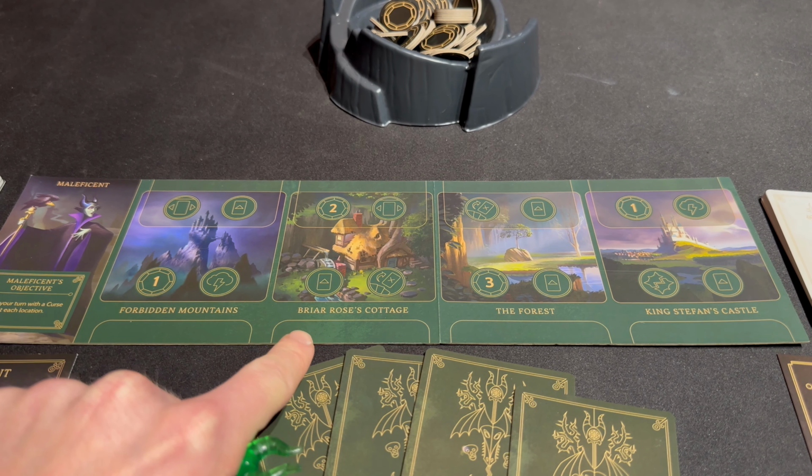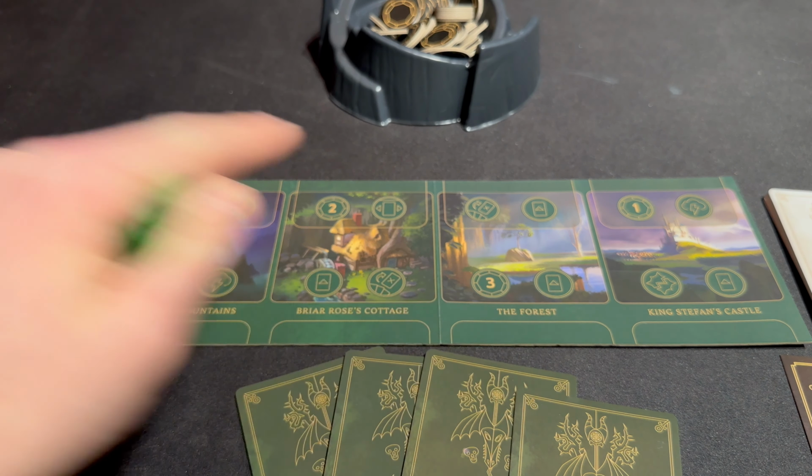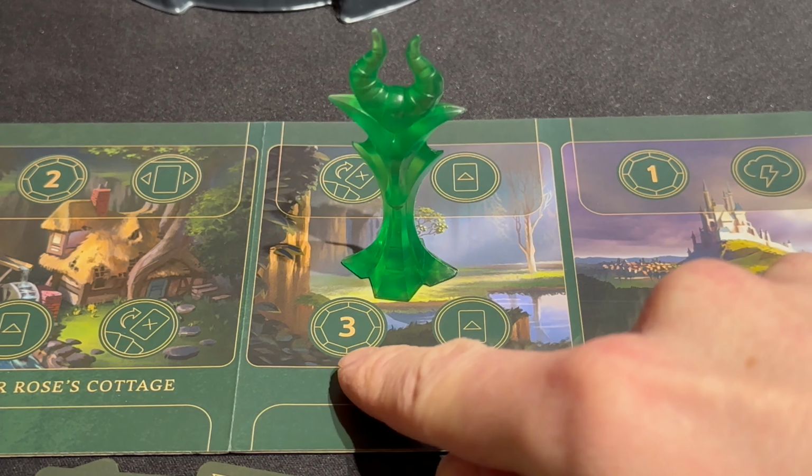We have to go to either the Briar Rose's cottage, the forest, or King Stephen's castle. I'll choose to go to the forest. Each location has symbols representing the actions that you may take when you move there. Any actions that are uncovered by any fate cards, so all 4 in this case, can be performed in any